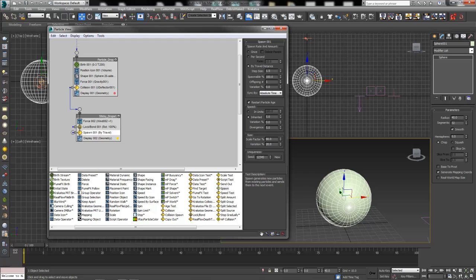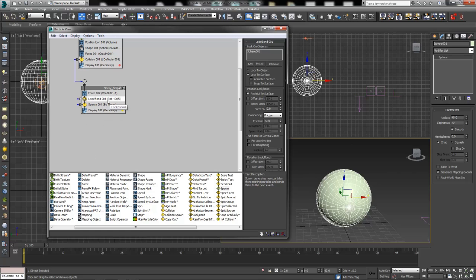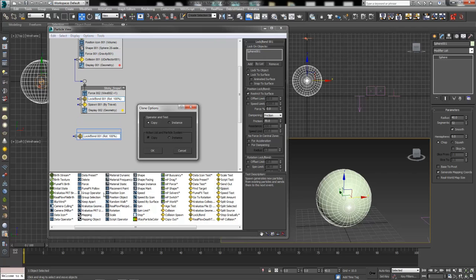This one also came with a node. We're going to use that node to travel back down into our next event here, which in order to do, I'm going to copy our lock bond here because we want that same thing. We want all these tails to stick exactly the same. I'm going to do that by holding down my shift key until I see the little plus sign show up over my mouse. And then I can just click and drag and drop it, and the clone options will open up for me.